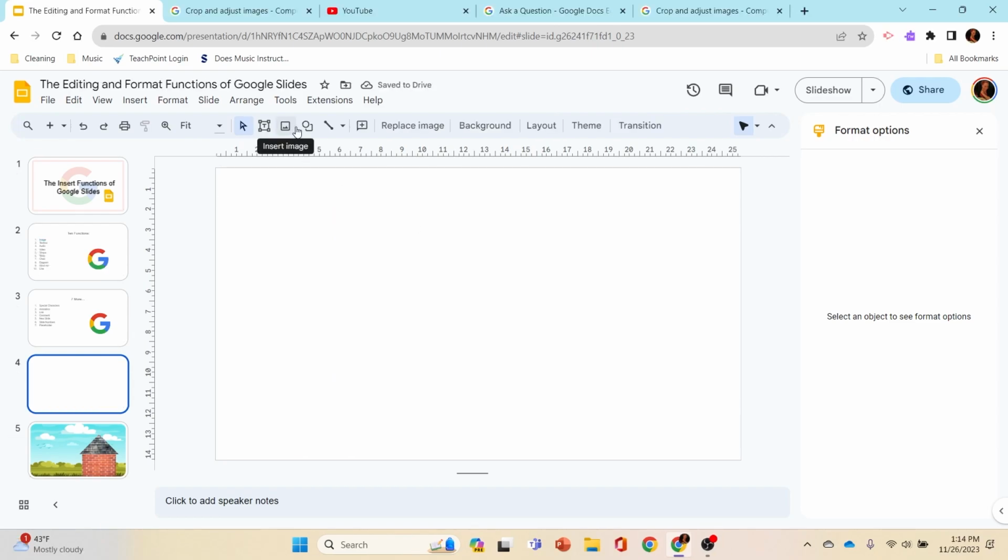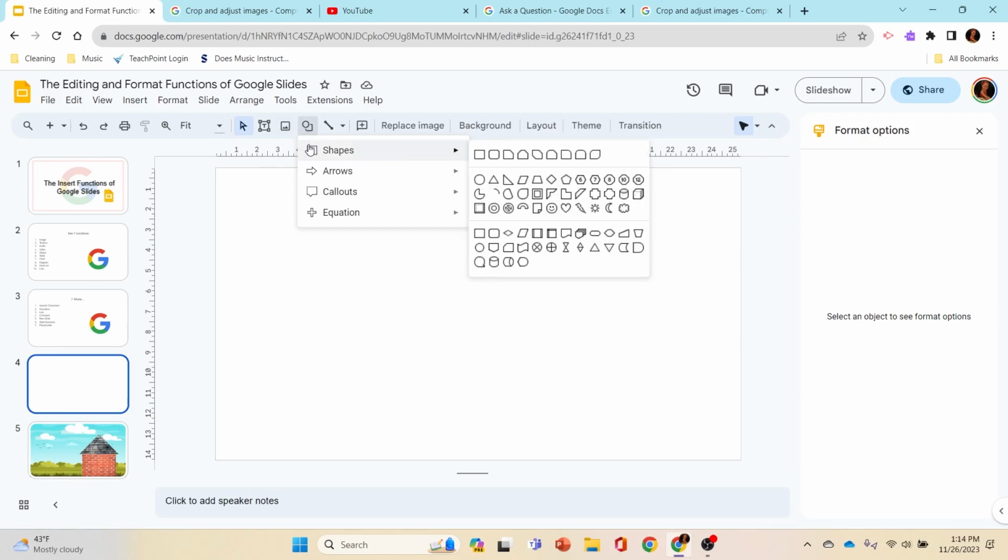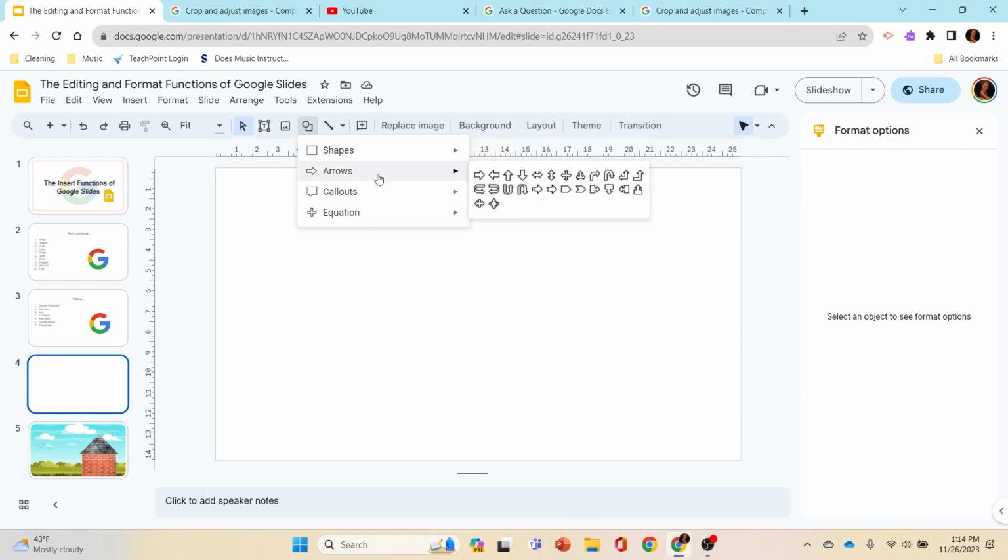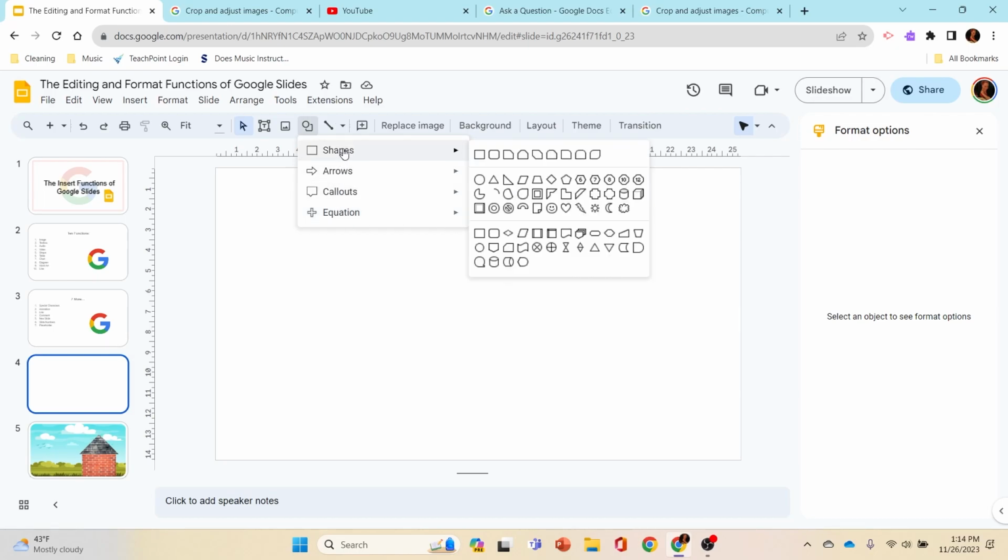So I wonder if you thought about using shapes. When you go to shapes, here's where you find them. And there's a bunch of different types. This one is general shapes. These are all different kinds of arrows. And callouts are like thought bubbles. And then I can kind of show you some different ways you can manipulate those a little bit later. And then you have all of your math equation types of items. All right,